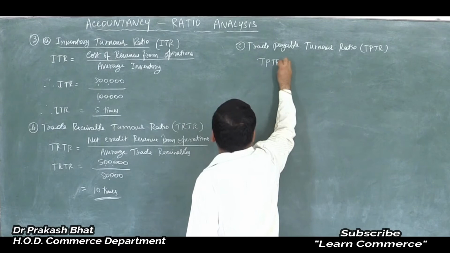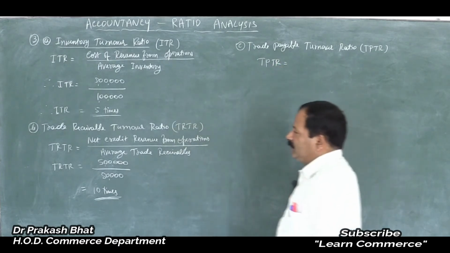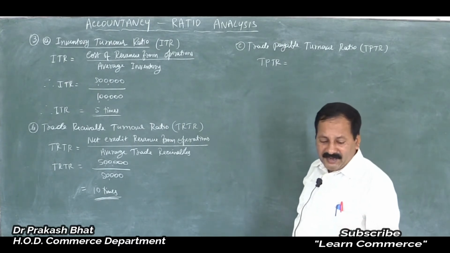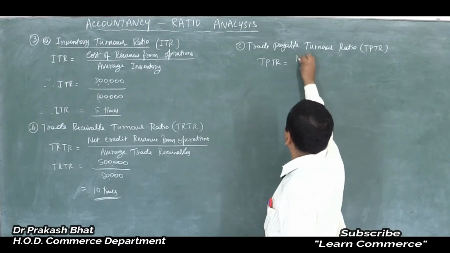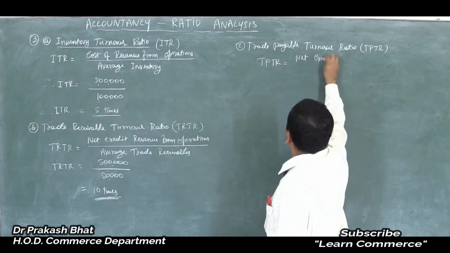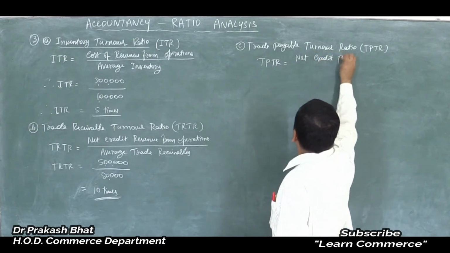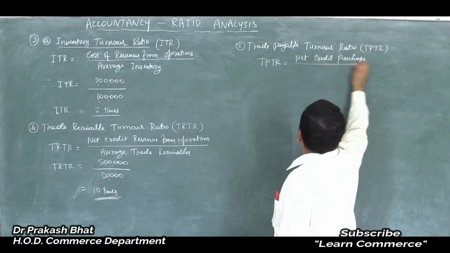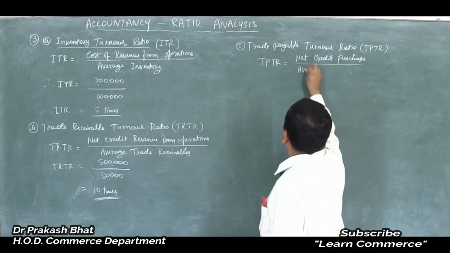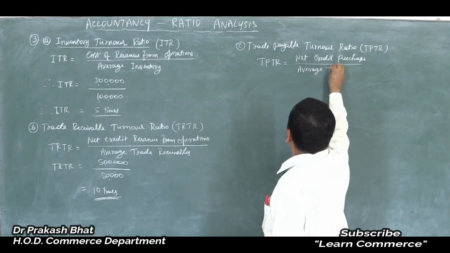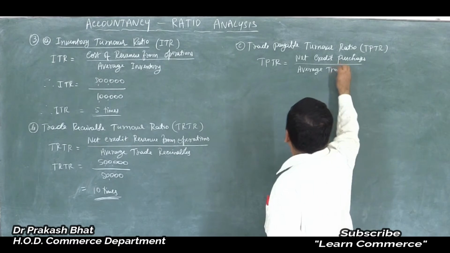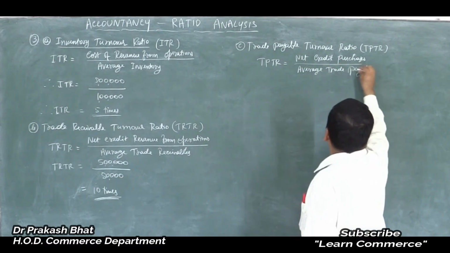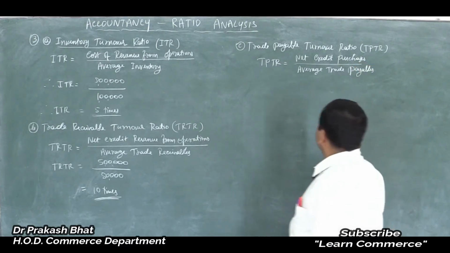TPTR is equal to net credit purchases, isn't it, divided by average trade payables. Net credit purchases divided by average trade payables, isn't it? Is equal to